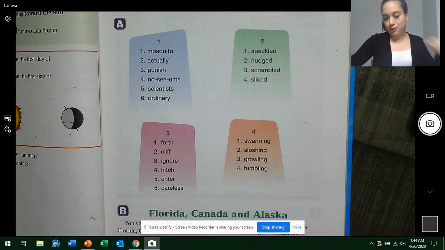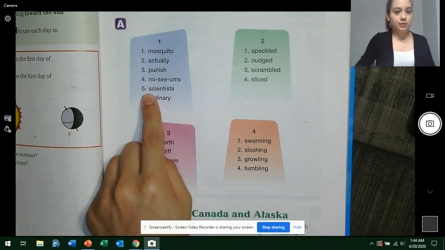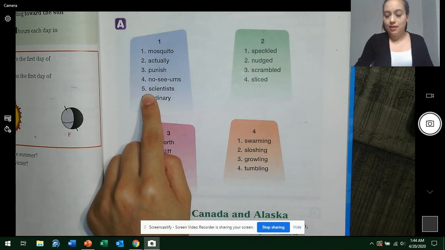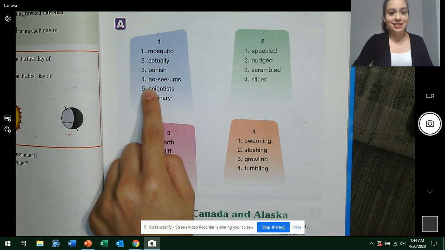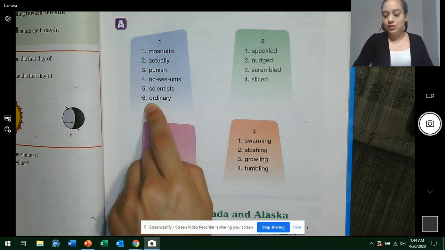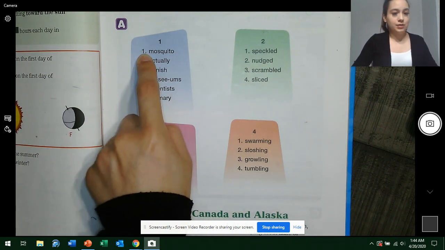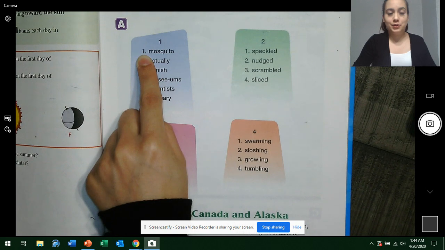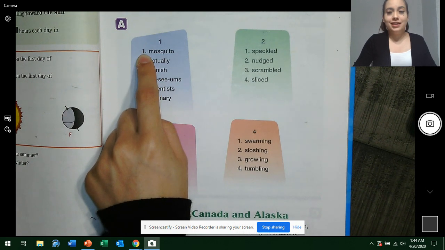Let's continue with word 5. Fingers on word 5. The word is scientist. What word? Get ready. Yes, scientist. Word 6. The word is ordinary. What word? Get ready. Yes, ordinary. So let's read these words again the fast way. Fingers on word 1. Ready? Get ready.